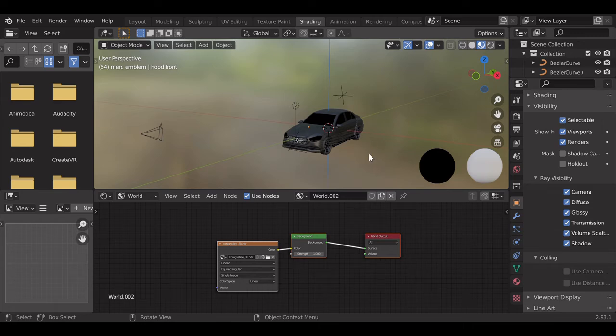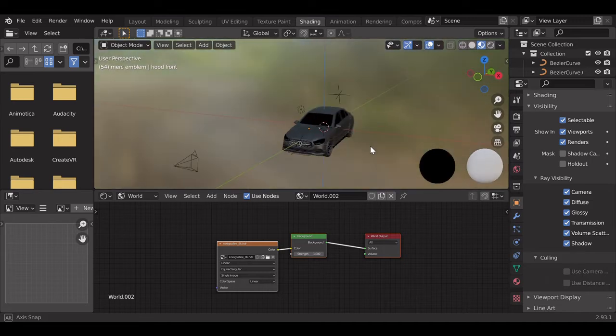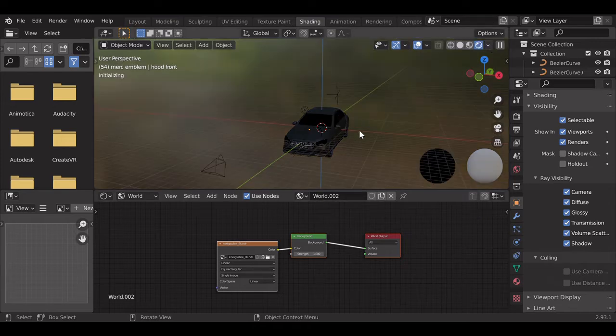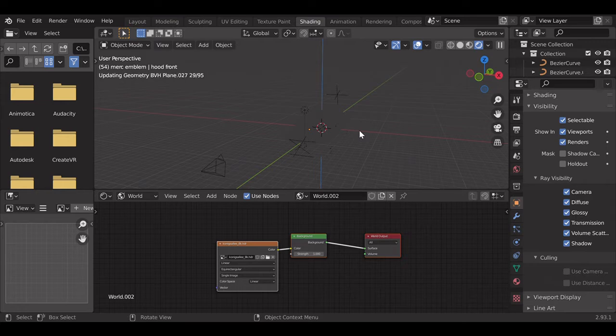Okay, so here we have a more complex object. I've modeled a car to which I'm going to be adding an HDRI. As you can see, I've already added an HDRI. So I'm just going to be moving to the rendered view to see what this looks like with the HDRI in the background. As you can see, it's going to update all the lights and the scene and everything, and soon we're going to see what this car looks like with the HDRI in the background. So we're just going to wait for a second.